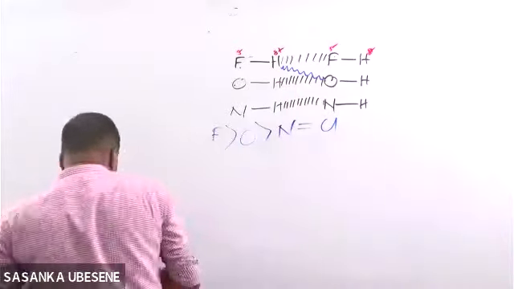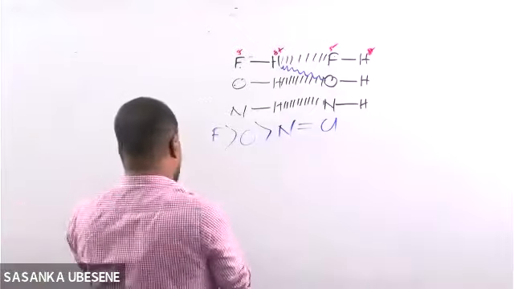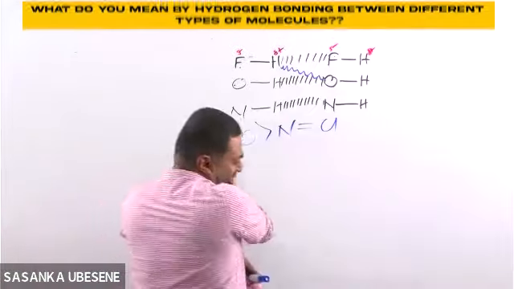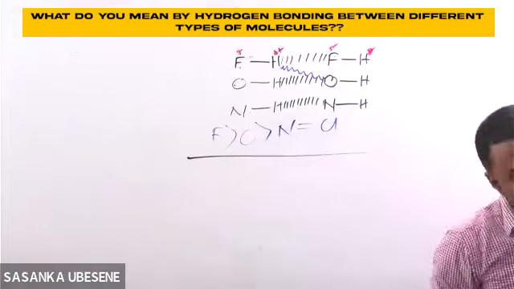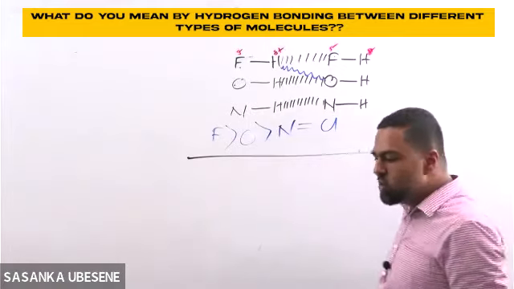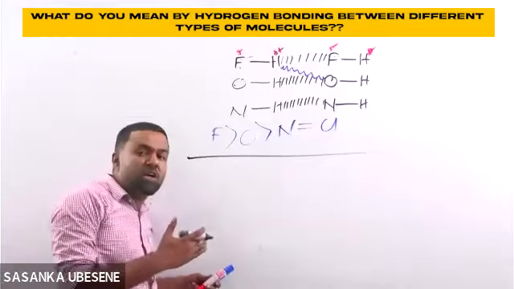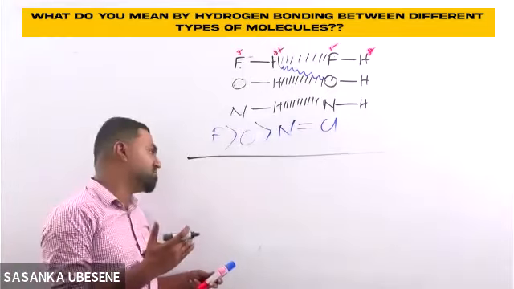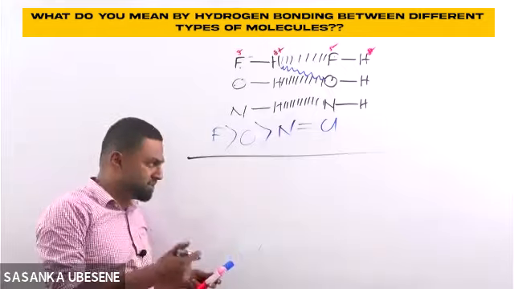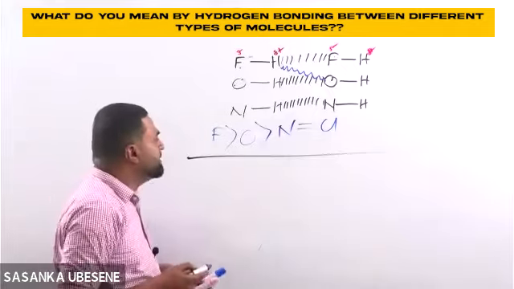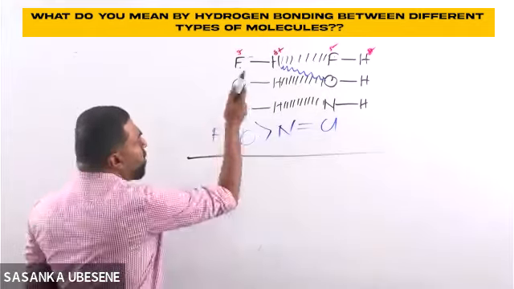So what do you mean by hydrogen bonding between different types of molecules? There are 2 examples of hydrogen bonding between different types of molecules. First one, your